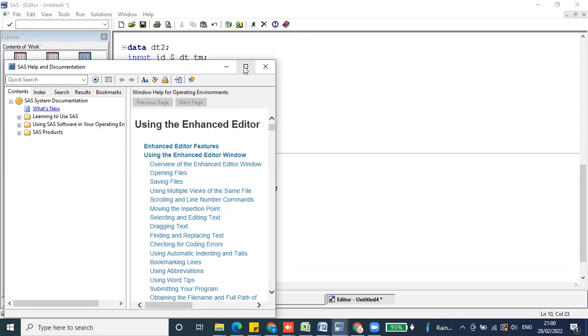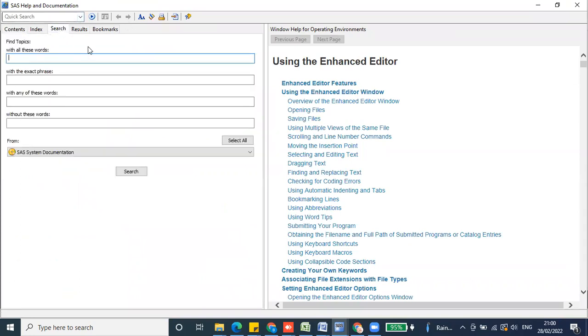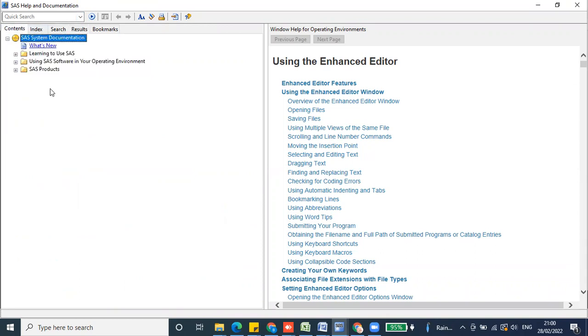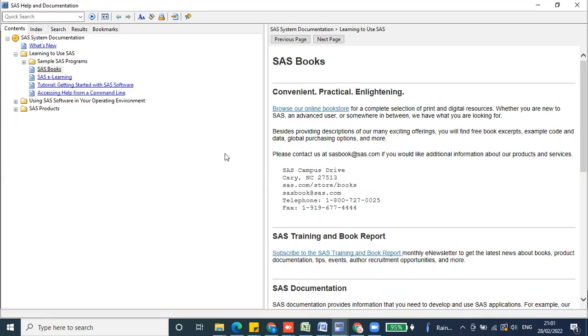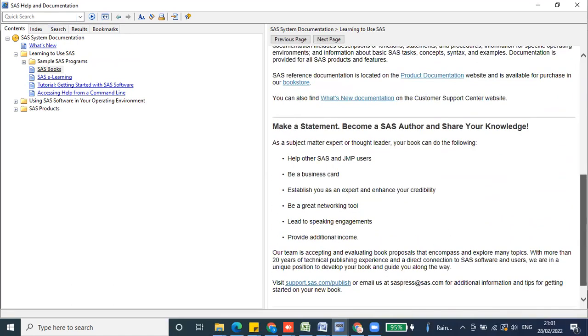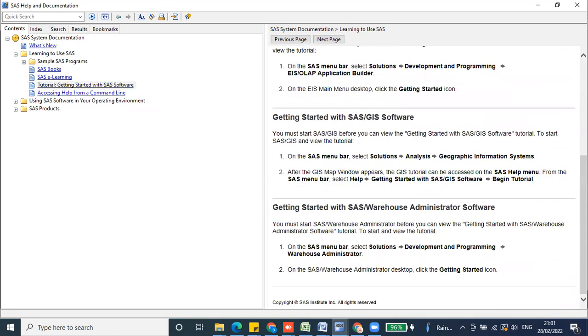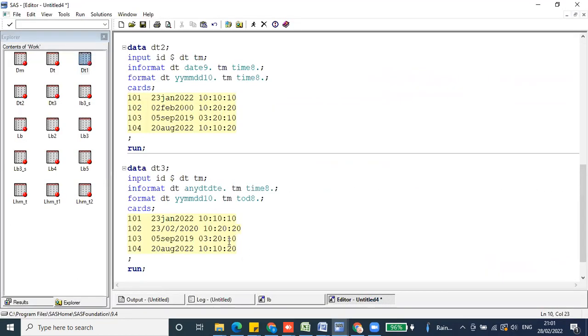You can try to find examples in the Little SAS Book or in SAS classes also. I'll show you tomorrow how the SAS class process will work. So this is the basic discussion about